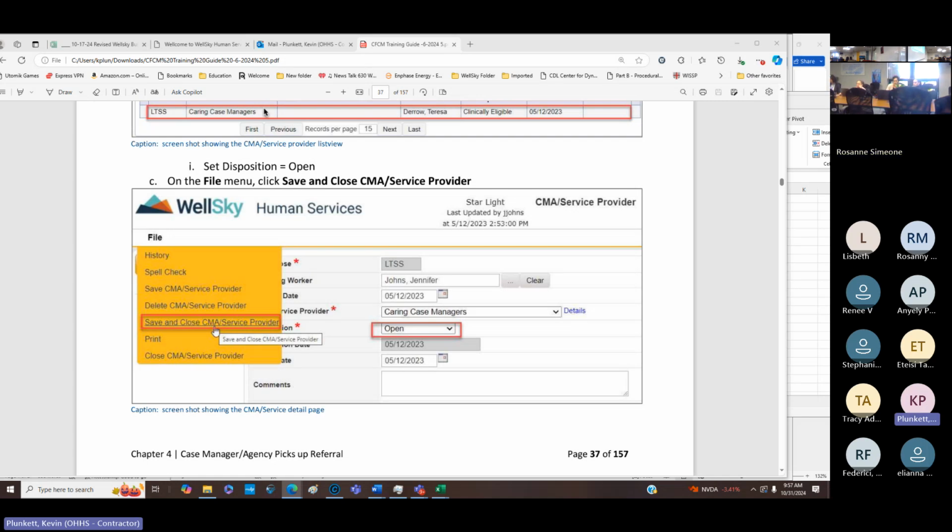And Roseanne, for the time being, just so you know, when DHS gives you as the supervisor all of the cases, they're going to put your name on it and they're going to put clinically eligible. So that way it'll show up in your CMA service provider first, then you'll go in and you'll make the change. I'll show you how to do it real quick so that you can see it. So if you want to do that,